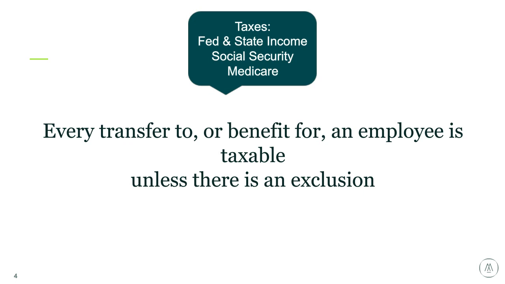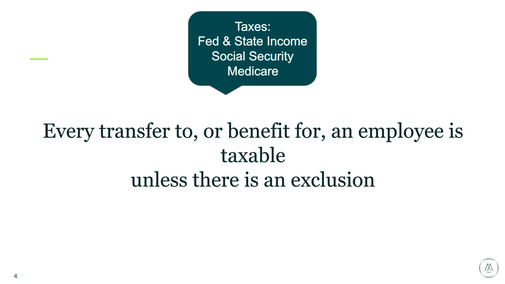So there's no fairness principle here. It doesn't matter that an employee lost their home or had a significant medical emergency. If you do something for the employee, if we can't find a way to exclude it, it's going to be taxable income. So I always start my fringe benefit discussions that way, so that you can understand the government wants